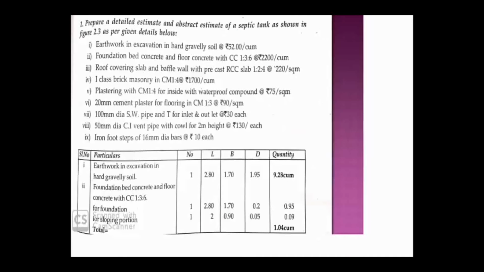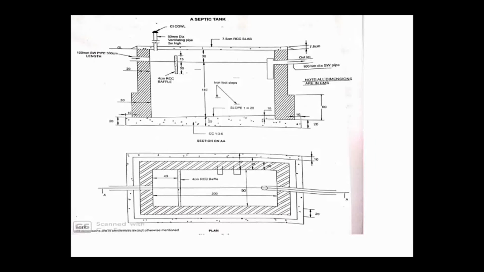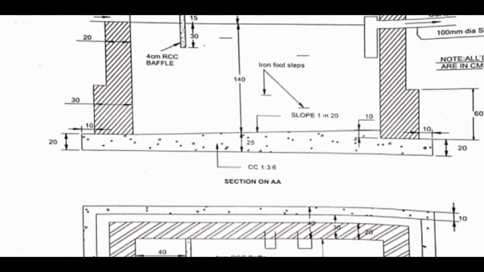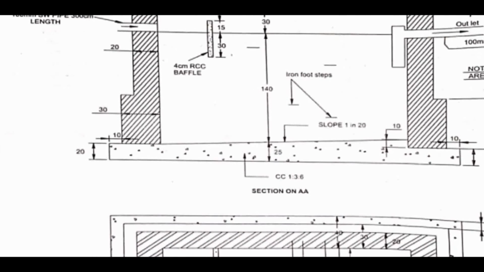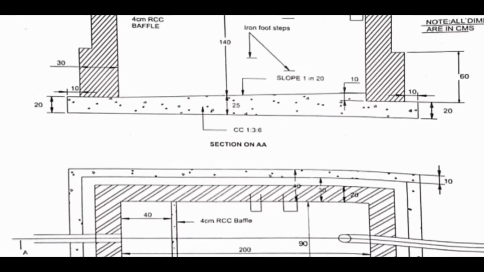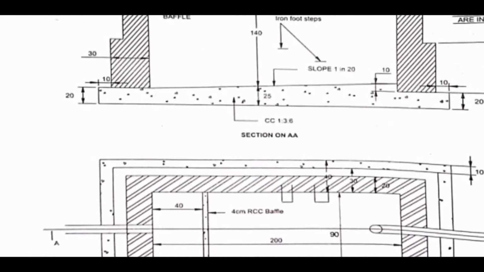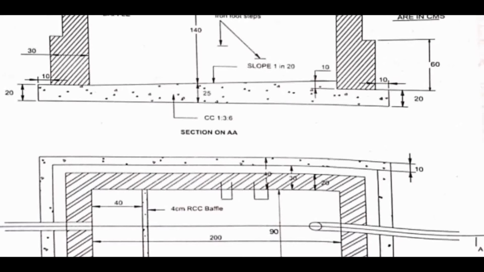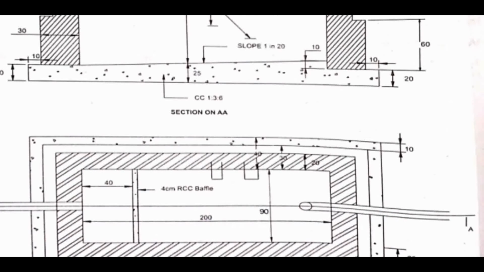That is, foundation bed concrete you have to find out, and then afterwards floor concrete. So foundation bed concrete is which one? Here you can see 20 depth they had given, right? That is the straight portion, that rectangular portion having 20 depth, and outer to outer how much? The length is 200 plus 40 plus 40, as it is in the way how much excavation we did, how much length or breadth excavation we did, for that portion we are going to provide the concrete, right? So that is your foundation concrete.